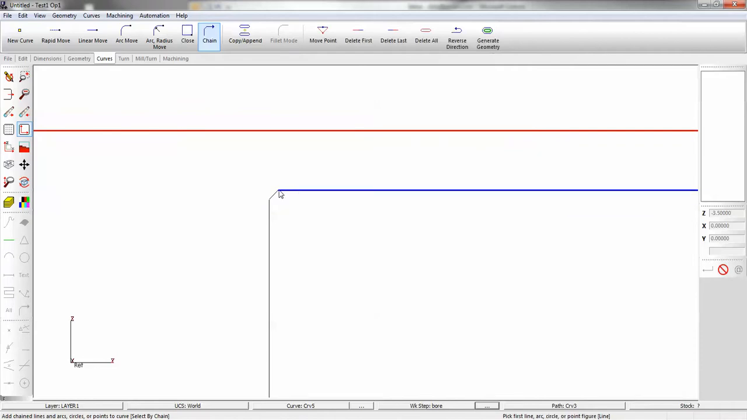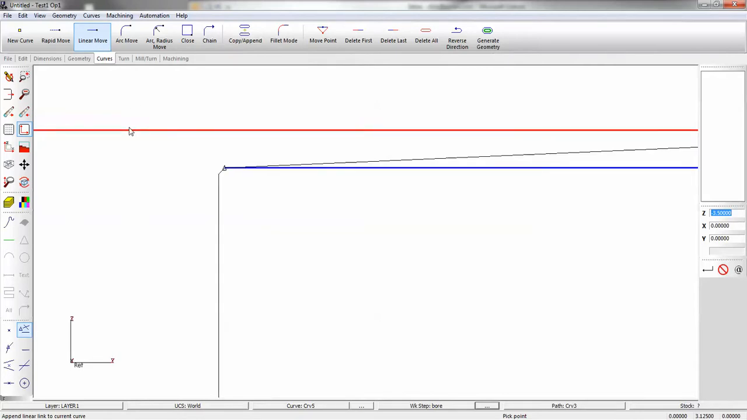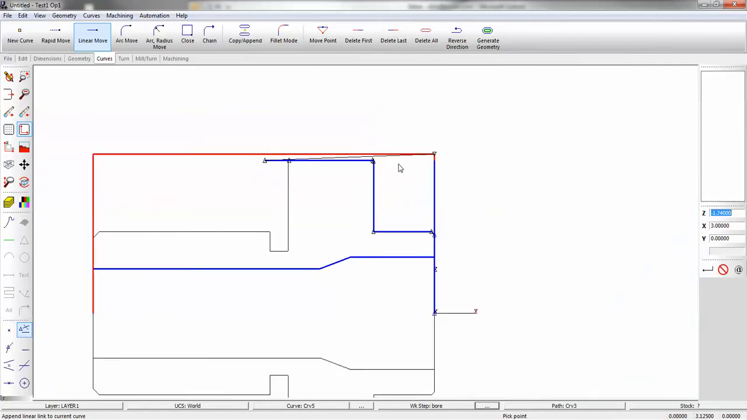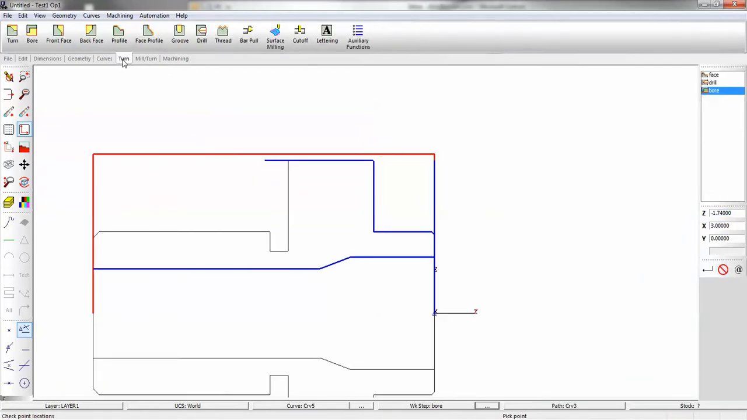Now if I want to extend that line, I'm going to switch to a linear move. And what I'll do is I'll go in, right mouse click twice, and we're going to go in a negative direction, 0.25. So every field's a calculator, and that just brought that an extra 1/4 inch. So now we'll go to turn, rough turn,